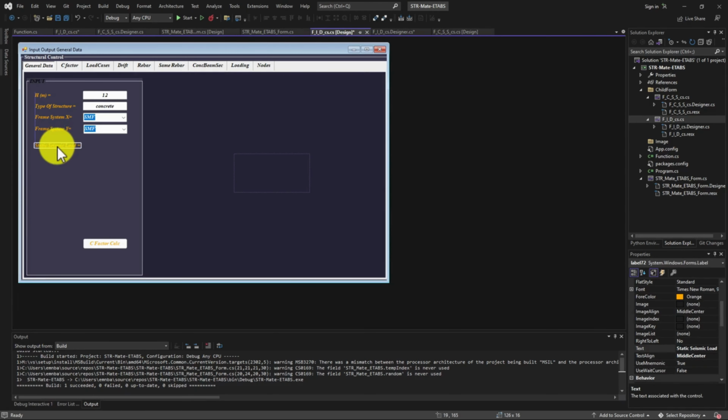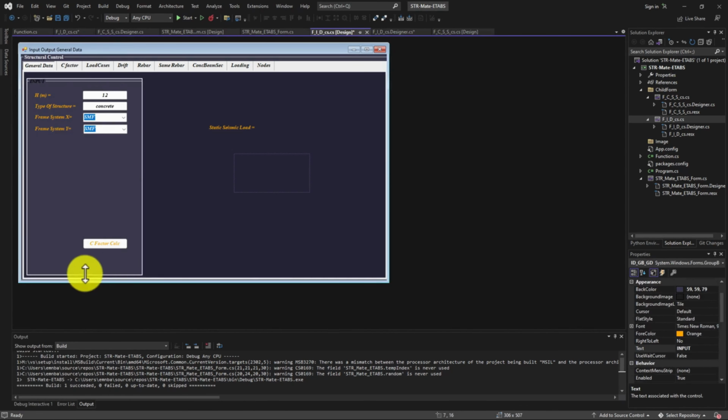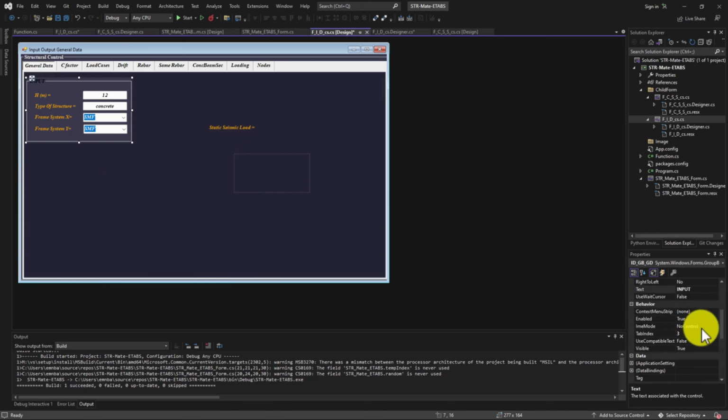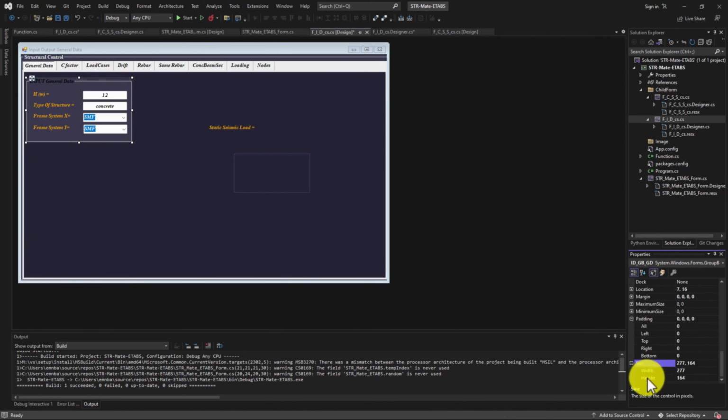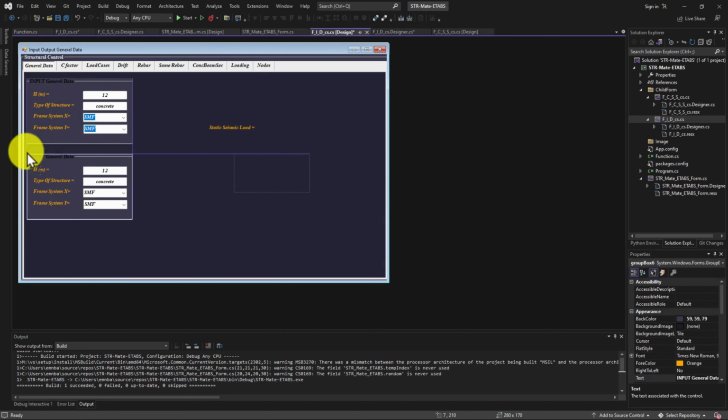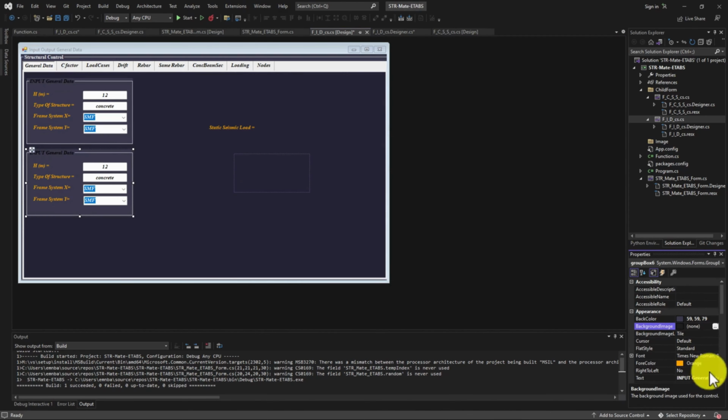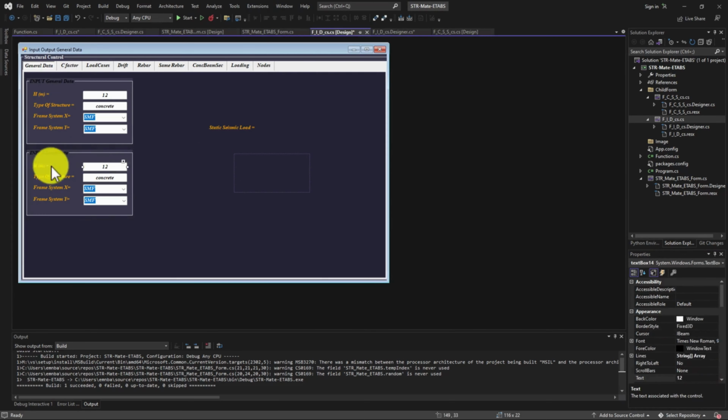a text box in front of the height of a structure. You must create the type of a structure and frame system in X direction and Y direction. And then after setting its properties,